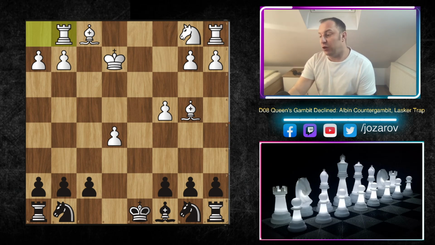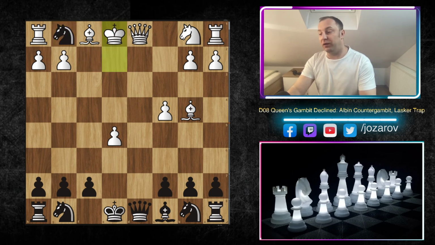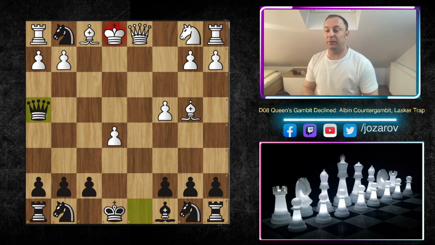So that's why we should promote to knight, because the knight comes with a check. That's the beauty about the Lasker trap. And now your opponent has to make a reaction. He has to play king to e1, because if he plays something else, of course he gets again deflected from the defense of the queen. So that's why king to e1, and now we're playing simply queen to h4, and from this point on basically